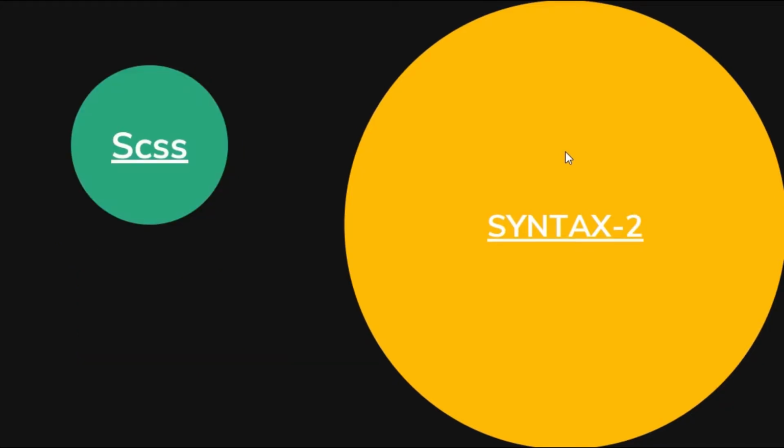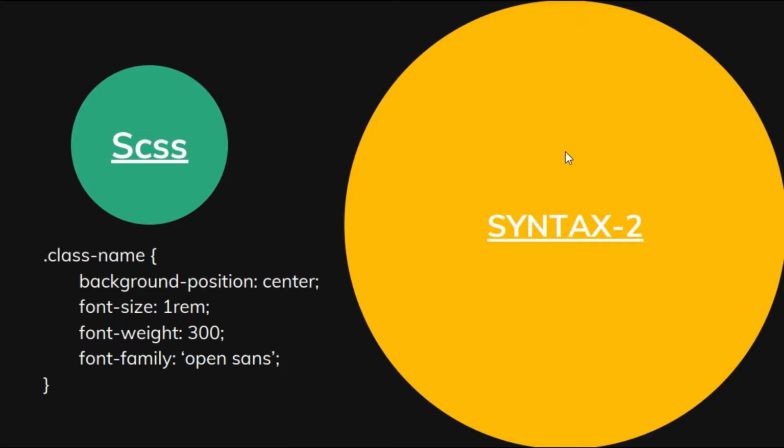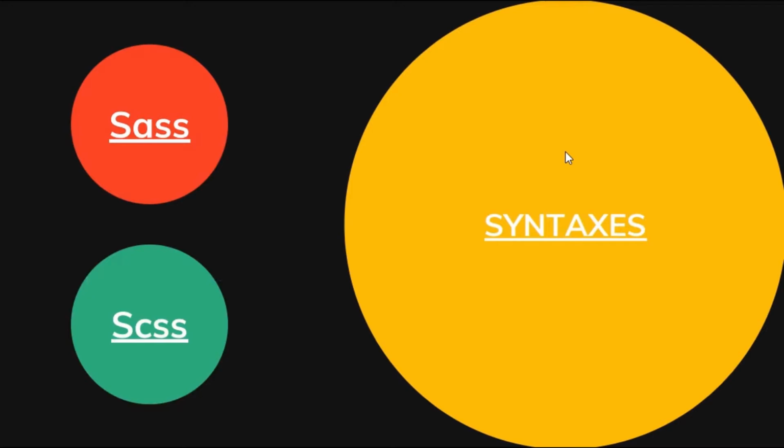The second is known as SCSS, that is Sassy CSS. Here each declaration ends with a semicolon and each selector is written in curly brackets. Files using this syntax have the .scss extension. Now the choice is up to you as to which syntax to use. While demonstrating some of its cool features, I will be using the SCSS syntax.